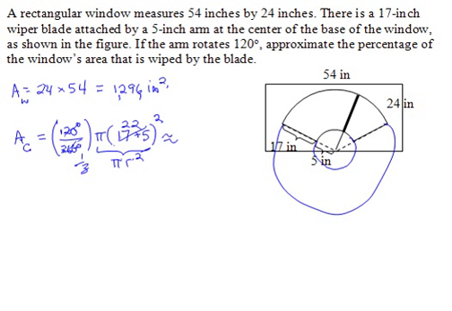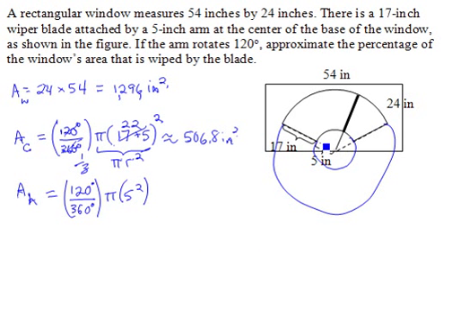I'll do that now. And that was 506.8 square inches. Now let's take away the area associated with just the handle. So I'll use H to indicate the area of this portion of the window that's not being wiped. Well, using similar reasoning, we can say that that's equal to 120 degrees out of 360 degrees, so 1/3 again of a circle, times pi times 5 squared,